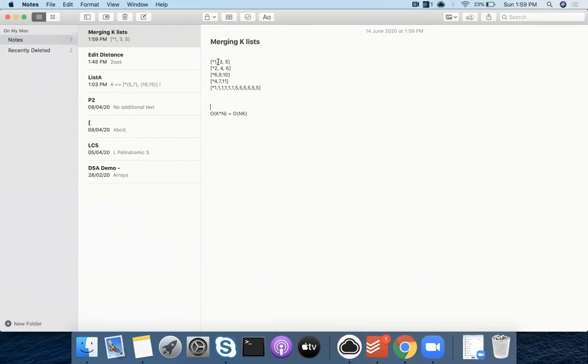Increment the pointer for this. How? So I got one. I don't know which one it is, right? This or this, so now how do I increment? We can store the pairs in the heap, of the list it is in and basically the current pointer. I'm storing the pair, so I know which list also.